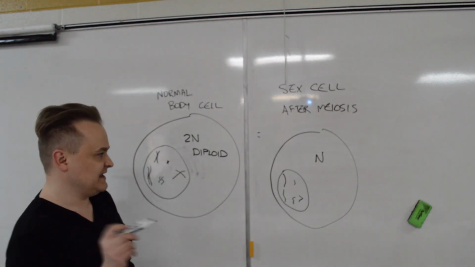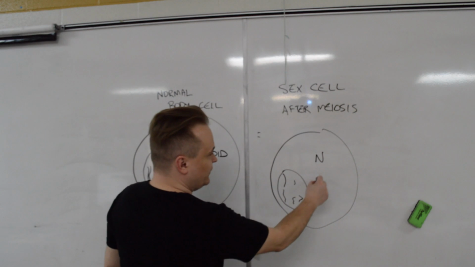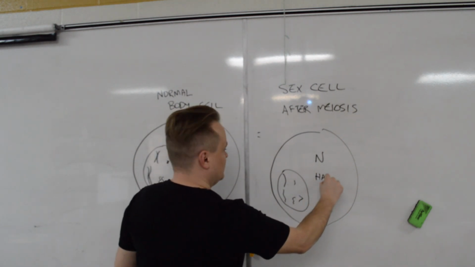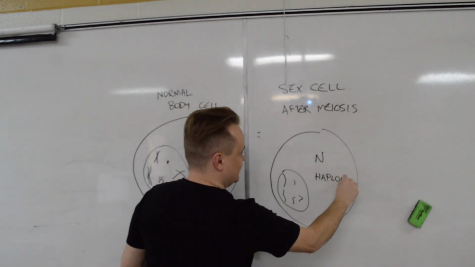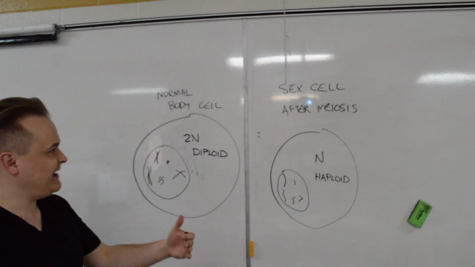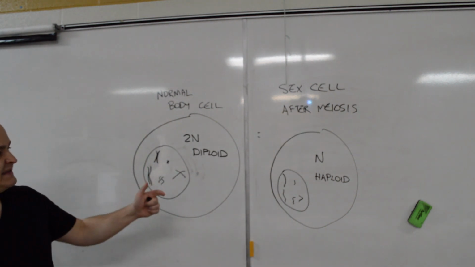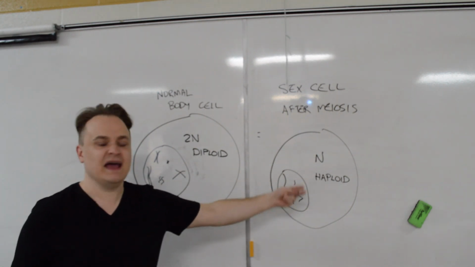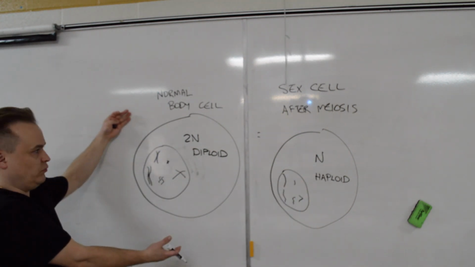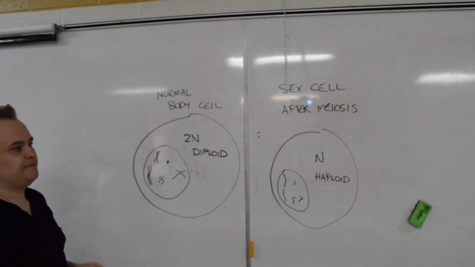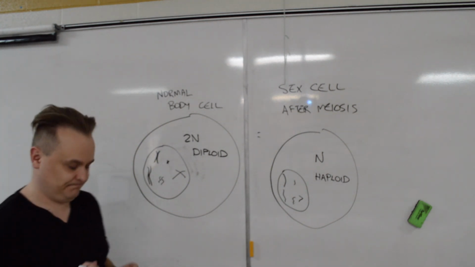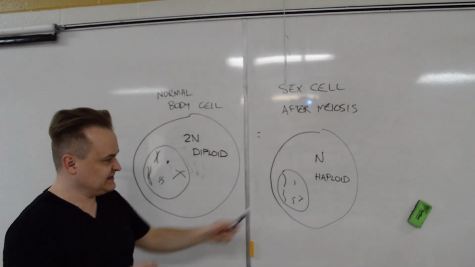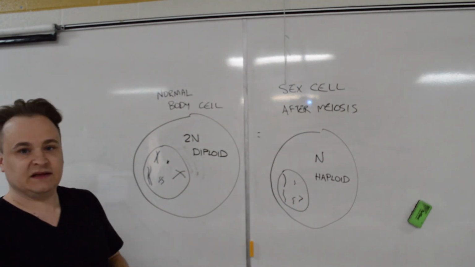Let's think about this for a second. So we would call this haploid. So sure, write that down if you need to, but a sex cell does not have matching chromosomes in it anymore. It's got half as many chromosomes as every other kind of cell you've ever known. Now this is where it gets cool. See, the reason they're haploid is because,